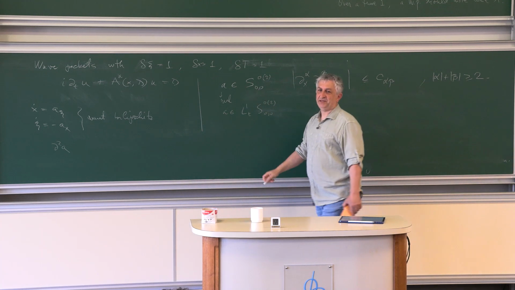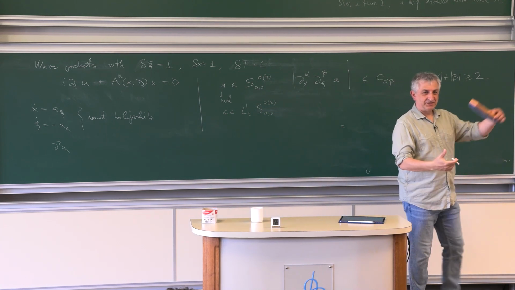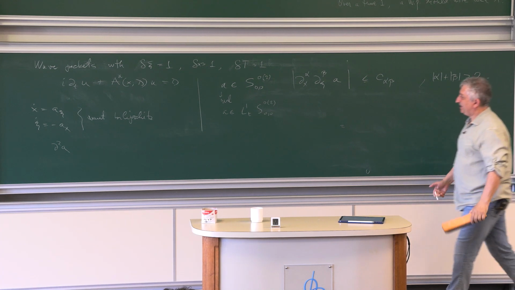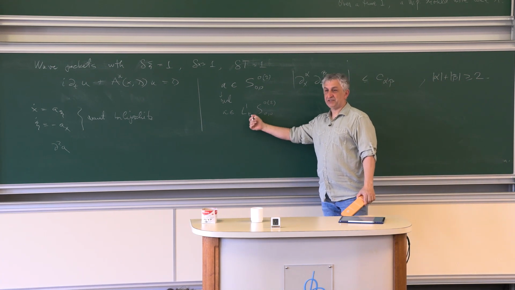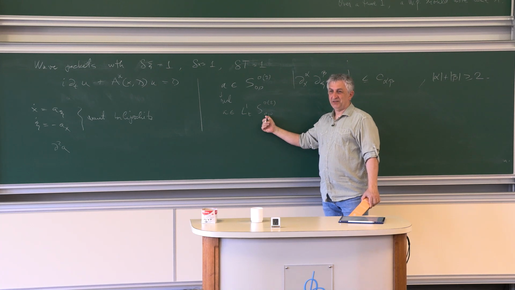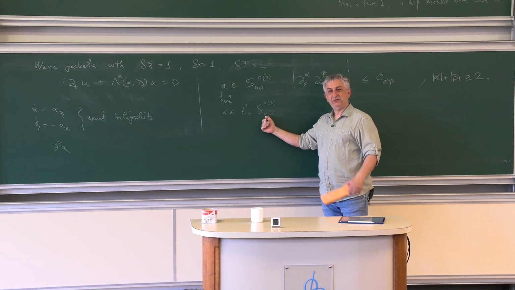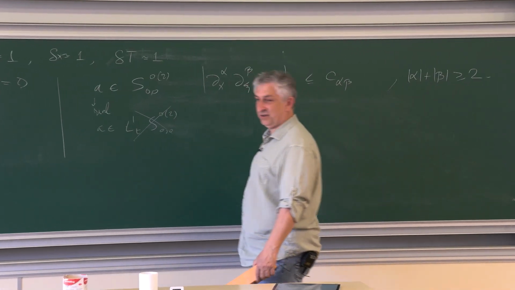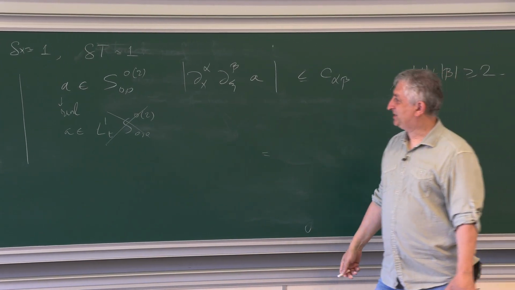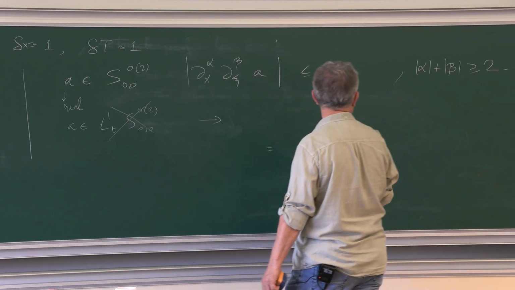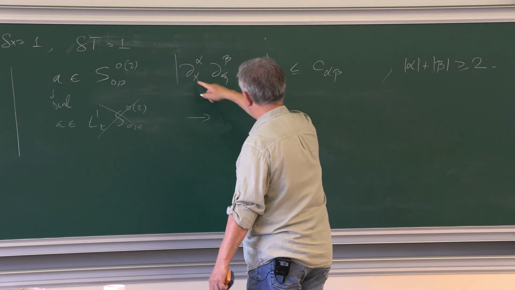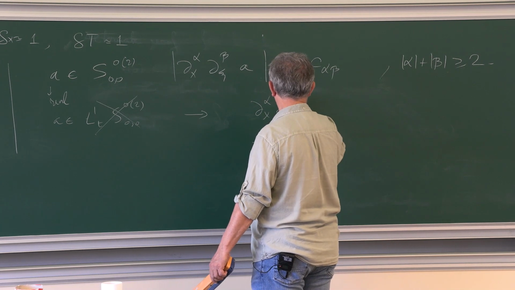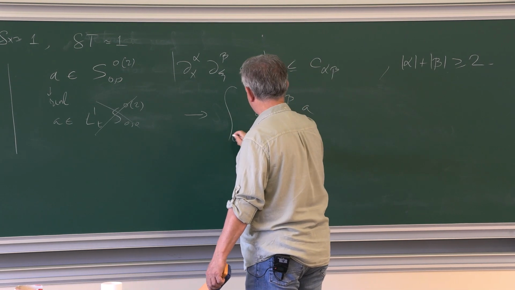So you might say, well, perhaps I should put A in L1 in T with values in S^0_{0,0} with the 2. Except that when you look at these wave packets, one wave packet doesn't see much of another wave packet. Whereas in here, you impose some sort of uniformity in X for each T. So you're giving away something. You're imposing some uniformity that you have no need for. So strike this out. And instead, what we end up looking at is a condition on this same expression, ∂_x^α ∂_ξ^β of A, integral from 0 to 1,